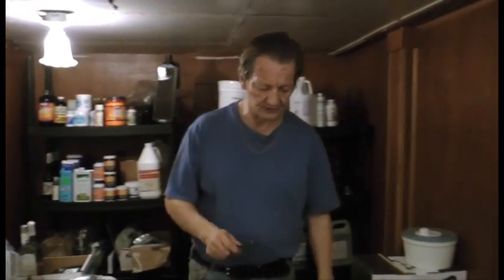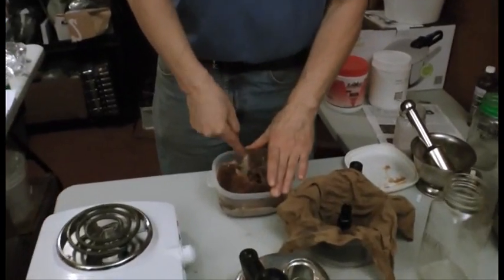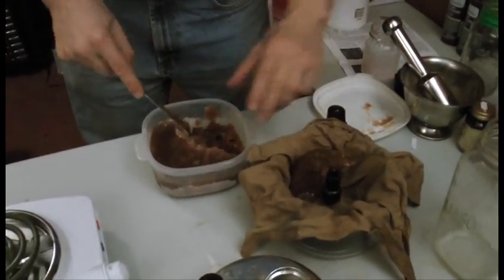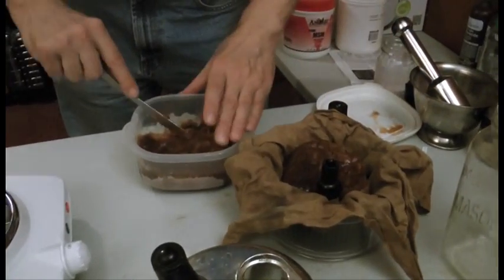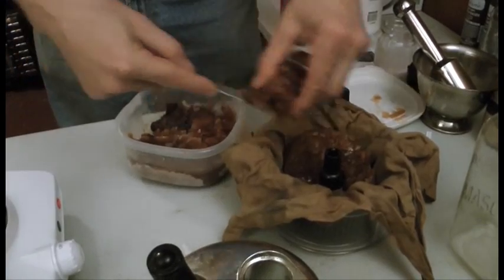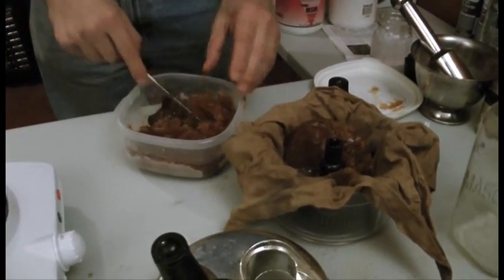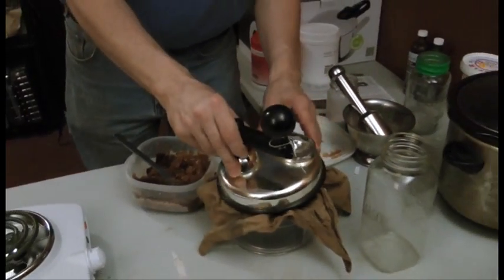I'm not going to use my magic knife today, because if I use my magic knife, someone might think I'm threatening something. So okay, we're going to throw that in there. So for those of you who don't have a lot of money, just a lot of time,